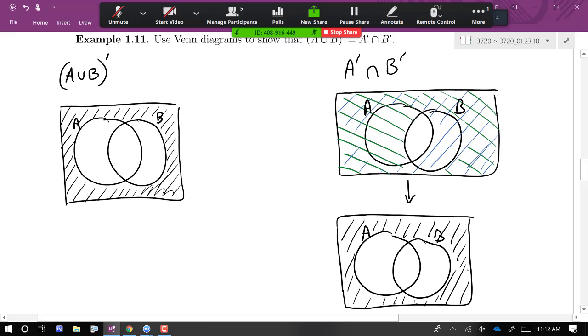So again, it's not a formal proof, but it certainly is illustrative and at least gets me to the point where I could say, oh yeah, that makes sense that these are the same set. Questions so far? Okay. Well then,